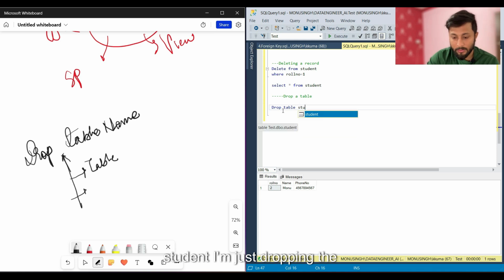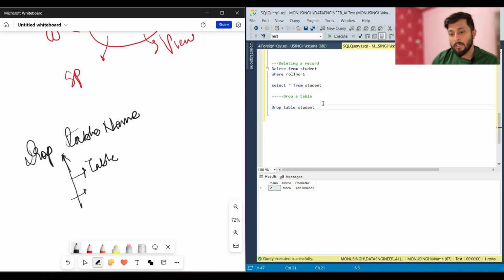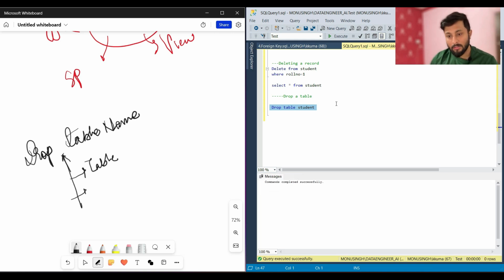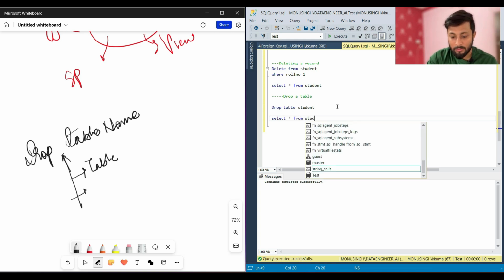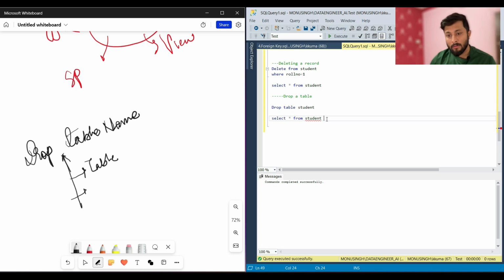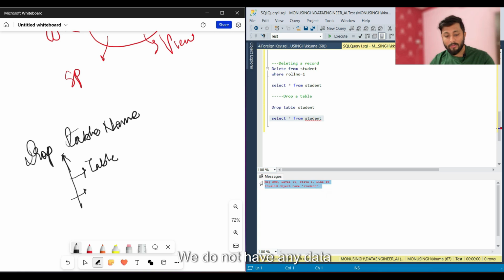student. I'm just dropping the table student, and if I drop it, and try to check whether we have this particular student table or not, select star from student. No, invalid object. We do not have any table related to student, so that has been dropped and deleted. Okay, so this is the whole overview of DML and DDL. To conclude,